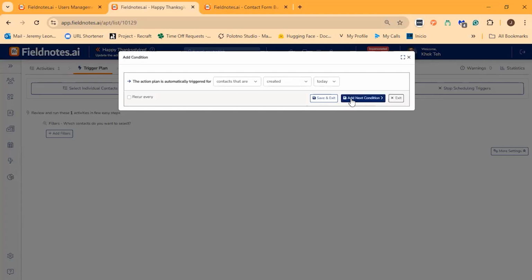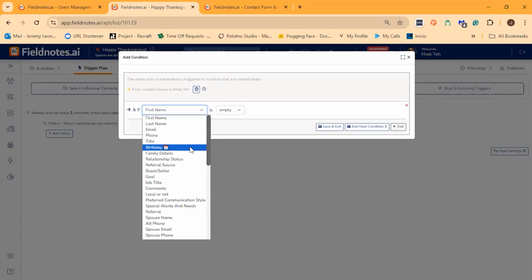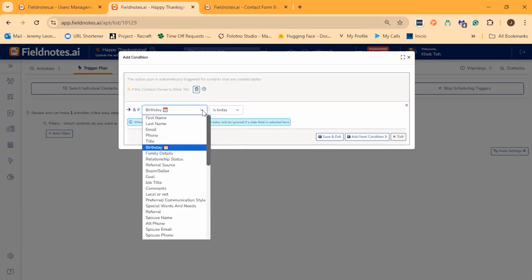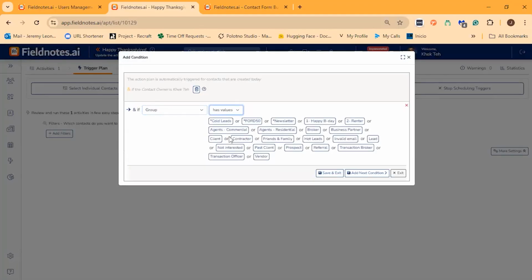If we were to add a next condition, we have access to birthday date. Is it today? Is it on? Is it a day ago? Is it empty? Is it full? There are many different categories that you can utilize. Here's the buyer and seller. Here is group, and with group, it has values. So you can then select the appropriate value that will start off the appropriate communication based off of whether it was a download for an open house, or if it was a sign up from